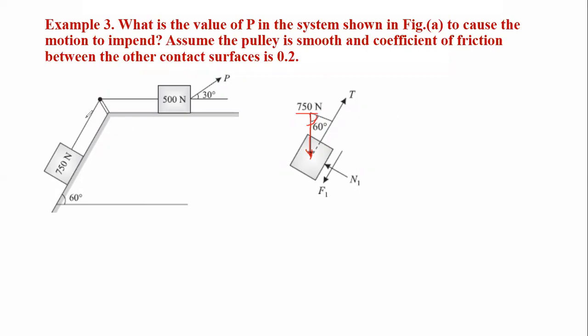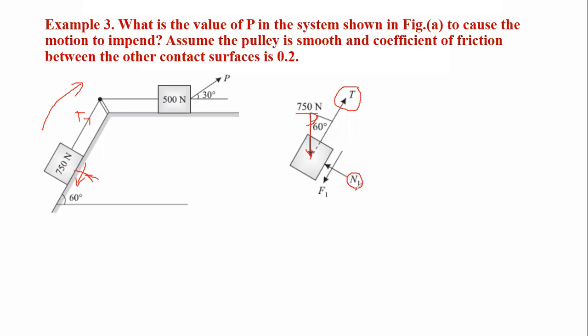Now in this wire, the tension T is developing. Let us consider T as the tension developing inside this string. Since the motion is in this direction, the friction force will be in the opposite direction, as the friction force is always opposite to the direction in which motion is impending. That's why F1 goes in this downward direction. Since it is a contact surface, it produces a normal reaction, say N1, shown over here.